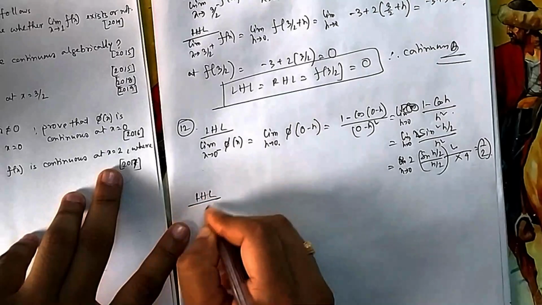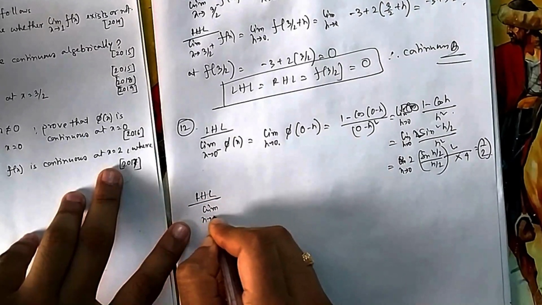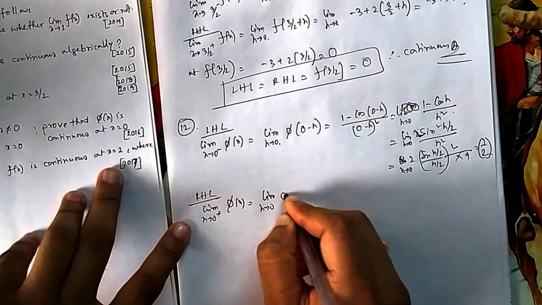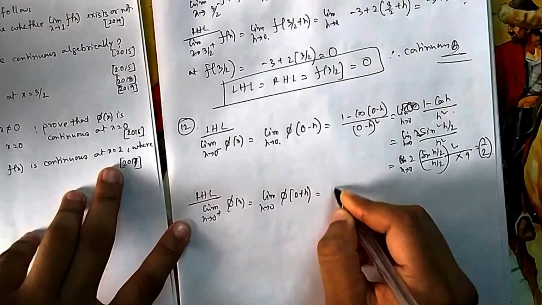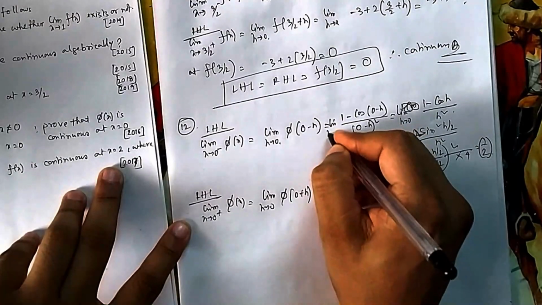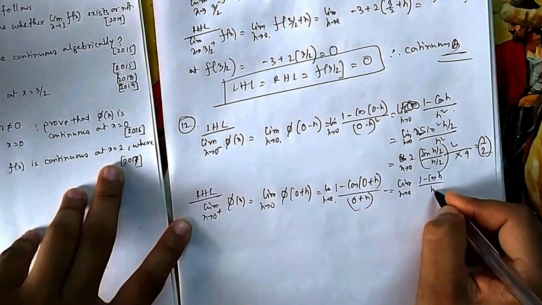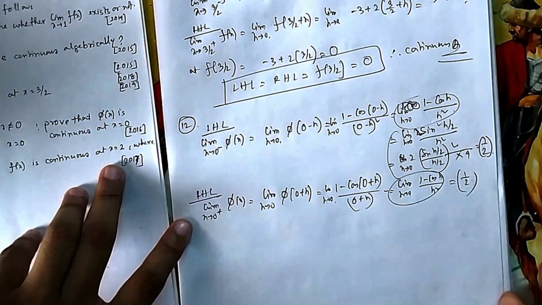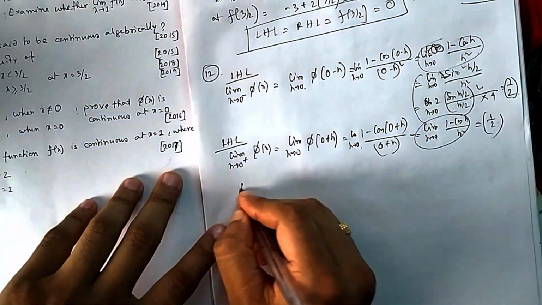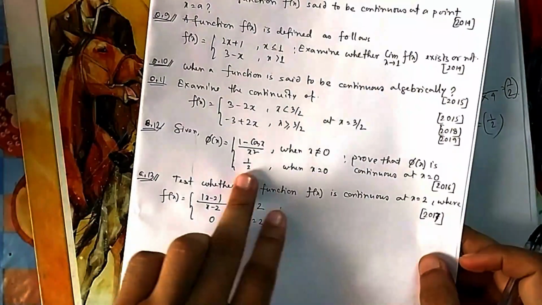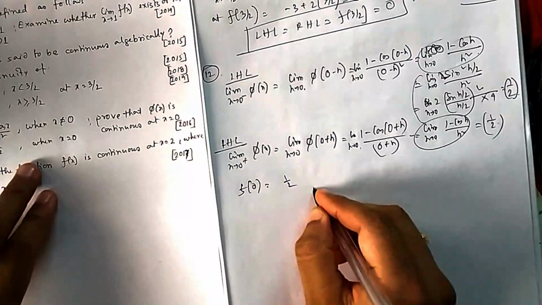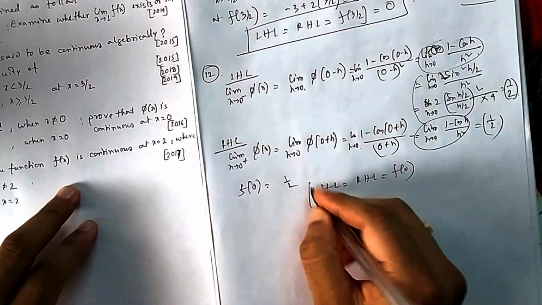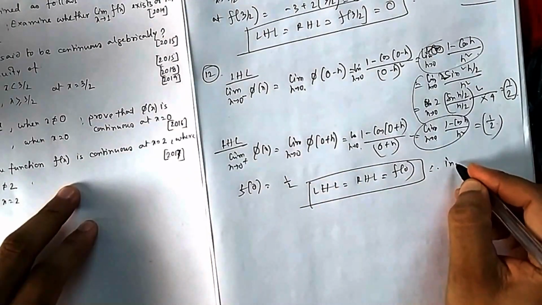Similar way, exactly similar way you will do limit x tends to 0 plus of phi of x. Limit h tends to 0, now it will be phi of 0 plus h. 1 minus cos, limit h tends to 0 is always there, don't forget to give this one. So it will be again half. You can see exactly the same thing is coming here, it is again half. And now you have to find f(0) also. So at 0 they have defined it. At 0 what is the value? Half. So your LHL, RHL and f(0) all are equal, therefore it is continuous.